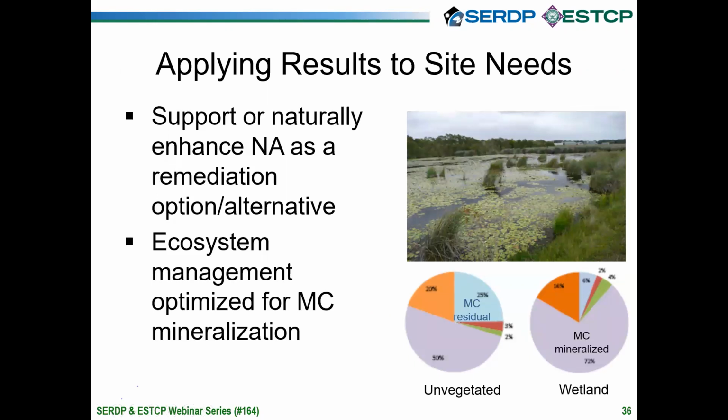One other possible application of this, which I'm particularly excited about, is trying to put nature to work. And it's basically, can we manipulate some sites or create some eco-type treatment to help remove MC compounds? Can we manipulate the eco-hydrology, like in this pie chart example that I referred to earlier? Or can we use wetlands and perhaps make some modifications to wetlands to really enhance the amount of natural organic matter that's there to increase the removal rate?